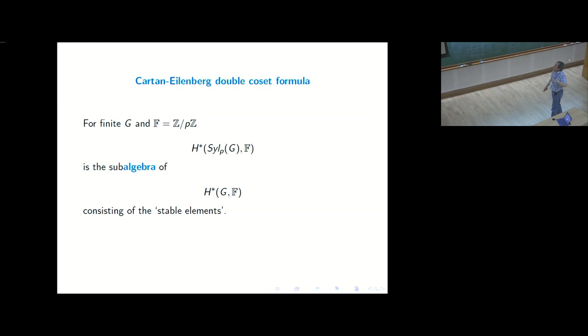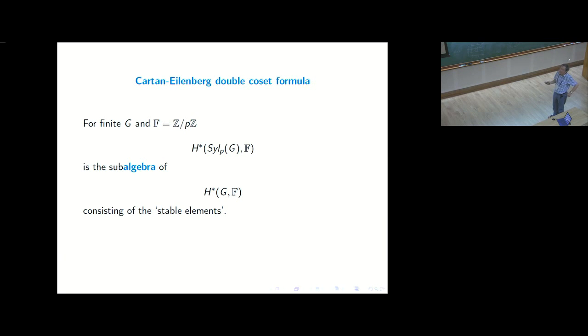So I mentioned the Cartan-Eilenberg formula. I wrote it down for homology the last time, so it's the same formula, but I've just written cohomology. And now I'm thinking of cohomology as being an algebra over this field. And the Cartan-Eilenberg double coset formula actually says a bit more than I said last time. It says that the thing that I'm interested in is a subalgebra